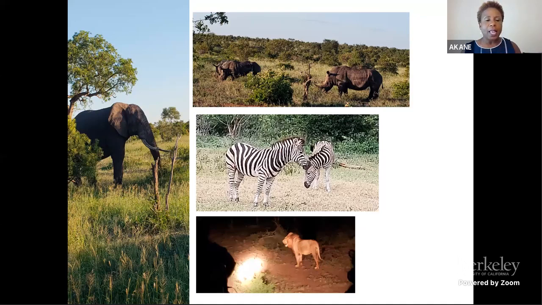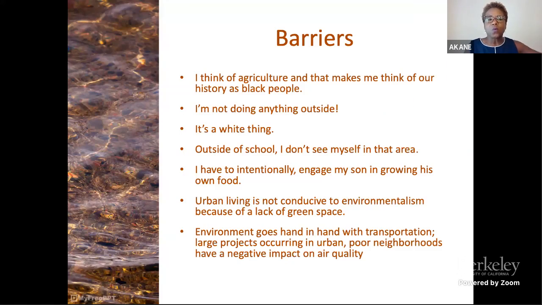A lot of people think that environmentalism looks like this, right? And I'm happy to say I was able to actually take these photographs, but everybody can't go to Africa. Everybody can't go to South Africa. Everybody can't be engaged in preserving lands for wildlife far, far, far away. If you go to the next slide,